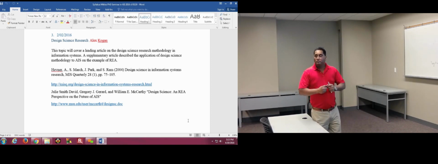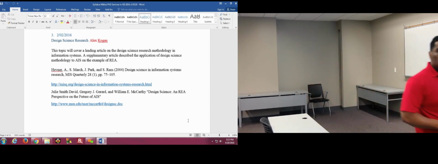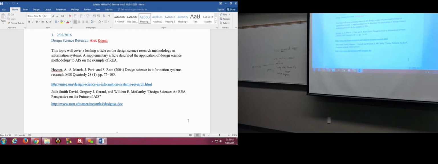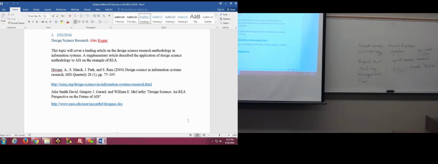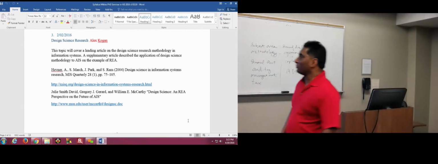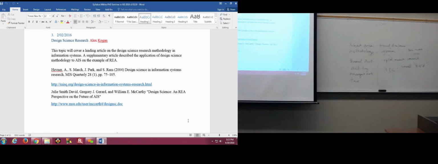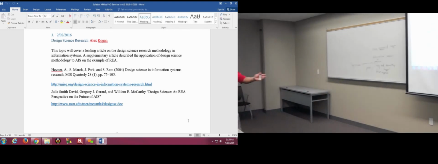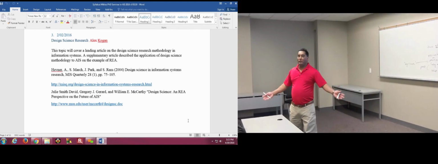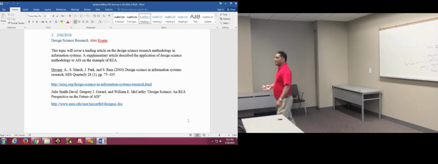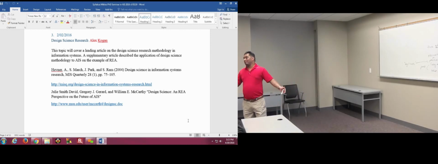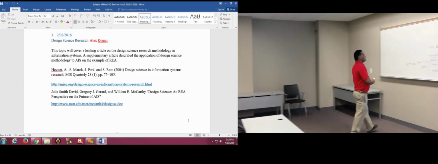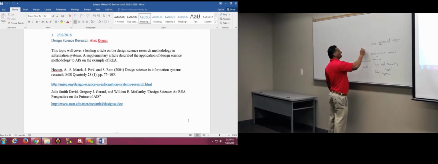The problem with normative research is that it's very hard to provide persuasive evidence to say this should happen. That's the issue. That's why it was considered illegitimate. Because the argument was, I say you should do this, somebody else says I don't agree with you. Then what do you do? In the absence of any evidence that this proposal is a better thing, it's just a proposal, nothing more. So in order to get around that, this whole idea of design science came about.